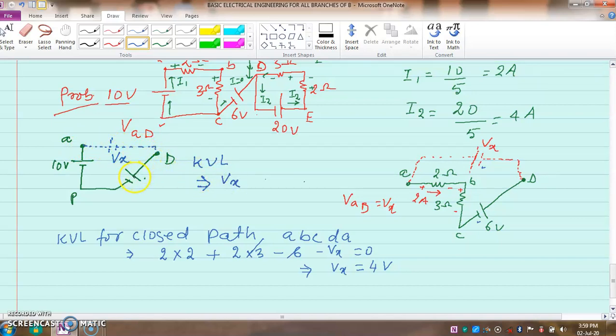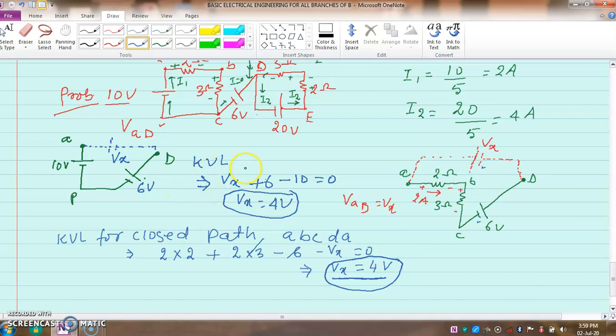Again I am coming here, entry point is positive, its value is 6 volt, so you write 6 positive. You are coming here, then going from entry point is negative, so you write here minus 10 equal to 0. You solve this, again you will get 4 volt. So any path you follow, the voltage remains the same. Here also 4 volt, here you also got the 4 volt. This is a very interesting thing, how to find the potential at any point in the electrical circuit. Any path you can choose.